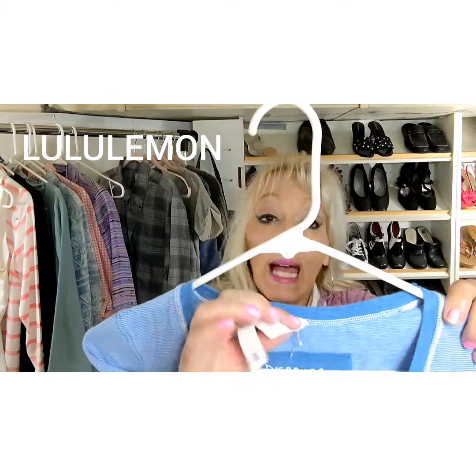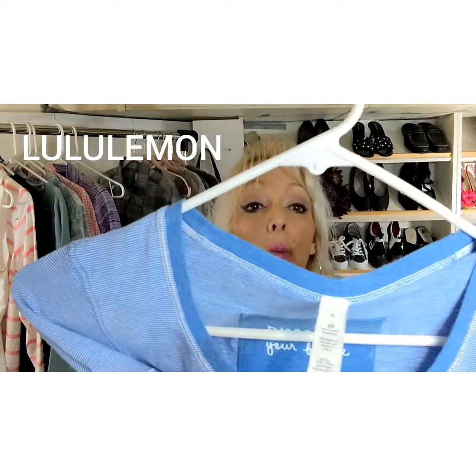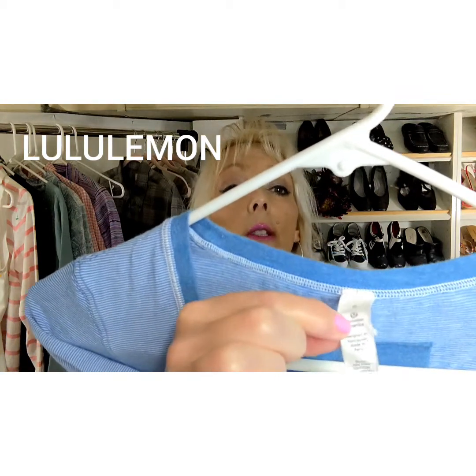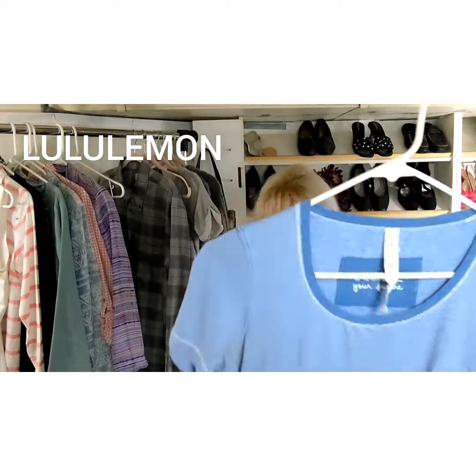If you're not familiar, a lot of times these tags are ripped out because they're designed to do that. But this person left it, which I really like because then the size is there. You see the tiny little Lululemon logo right there. But if it didn't have that, then you'd want to look for,